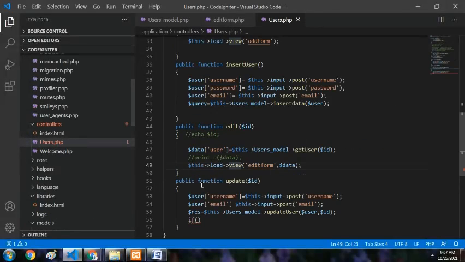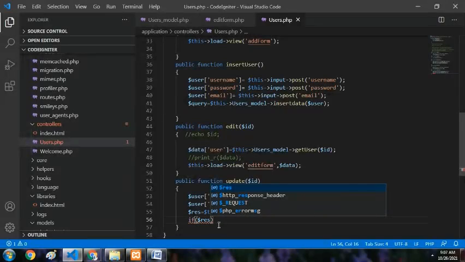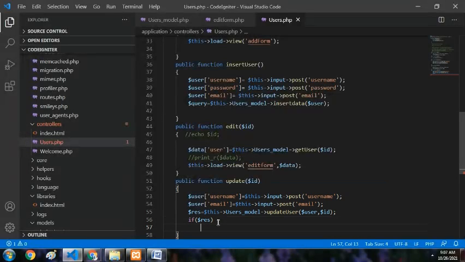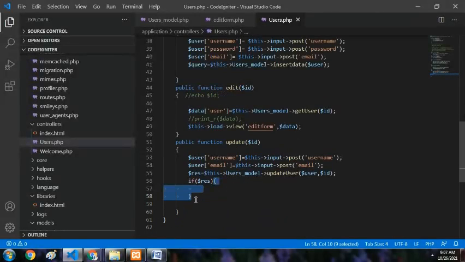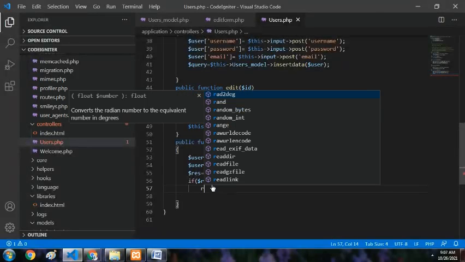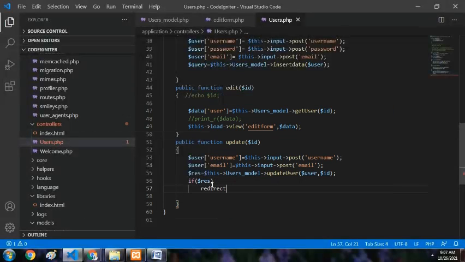We can catch that value in any variable like this, and we can just check whether that return result is true or false. If it is false, it will not get into the if condition. We can write the if condition like this, but there is no need for brackets as I am going to write a single line after this if. So if the result is correct, then I can do one redirection to the index controller like users slash index, because we will go to the listing.